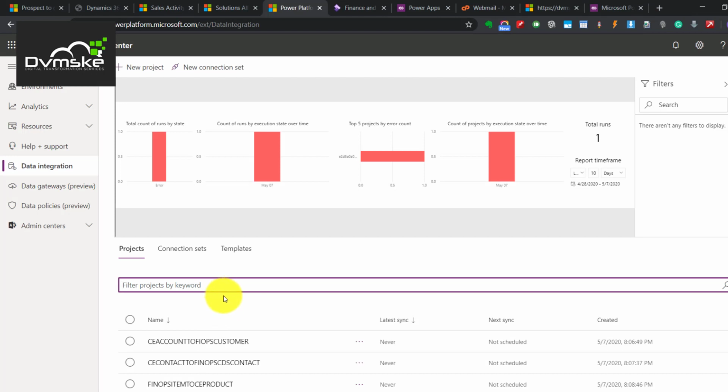So now we have all three projects ready with us. So we can create some record in our CRM and see if it is reaching our Finops or not. So we are not scheduling